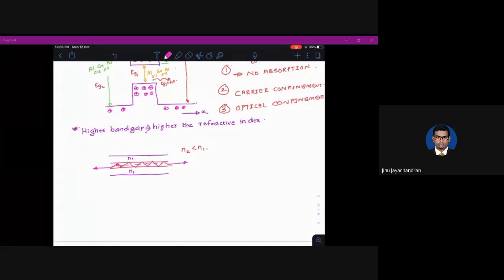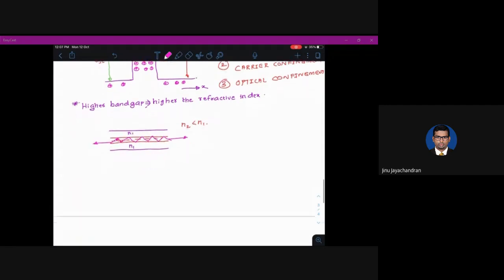normally the LEDs that we use are always of the double heterojunction type. We will not be using a direct PN junction. We will be using any combination of heterojunctions. For example, this is aluminum gallium arsenide. There can be indium gallium nitride. Also, there can be aluminum gallium nitride, or you can use a phosphide. So all these possible combinations will come. This gives you an idea of why we are using a double heterostructure.